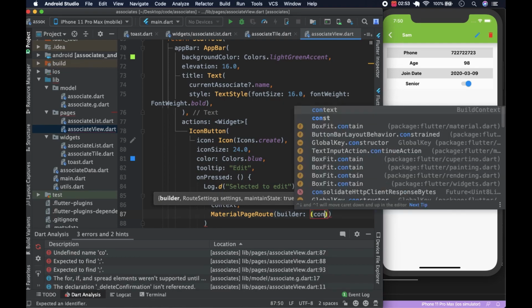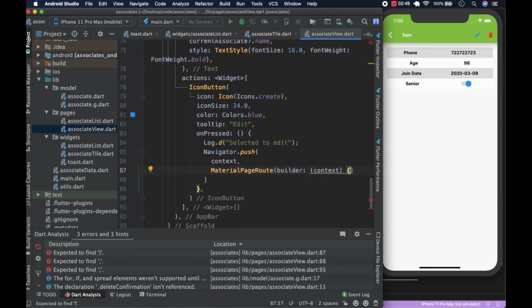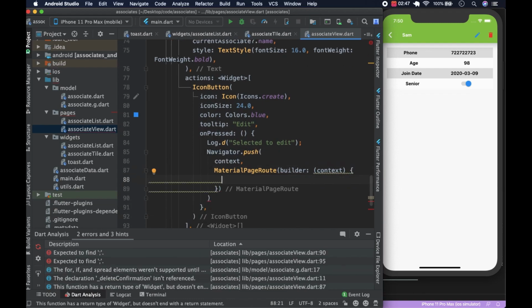It's going to take in a context, and it's going to return